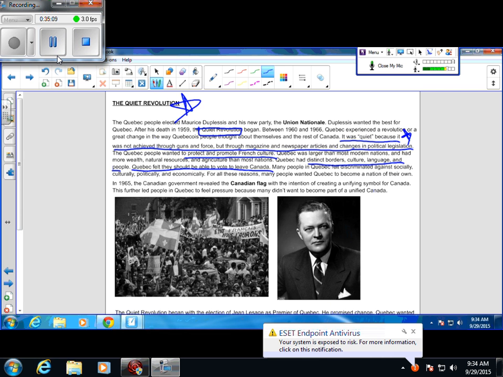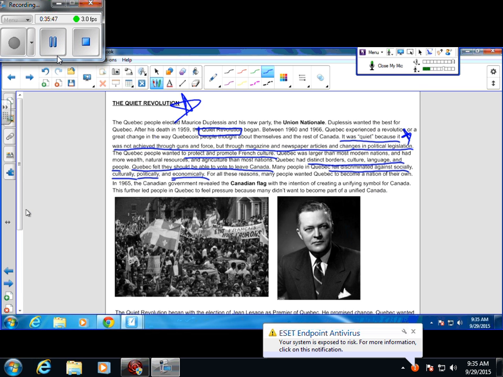Most people in the French-speaking population of Quebec felt that they were discriminated against socially, culturally, politically, and economically. Remember how I talked about English-speaking Canadians being mainly dominant, and the French being like the minority group. Because of this, Quebec as a province, with its sense of nationalism and pride, wanted to be separated from Canada and be its own separate, distinct nation.